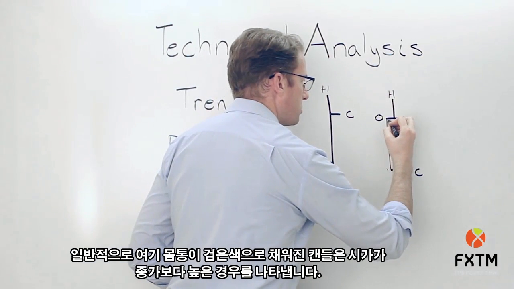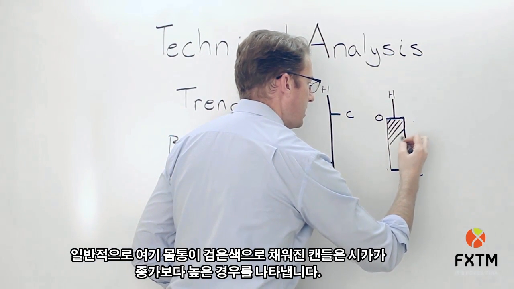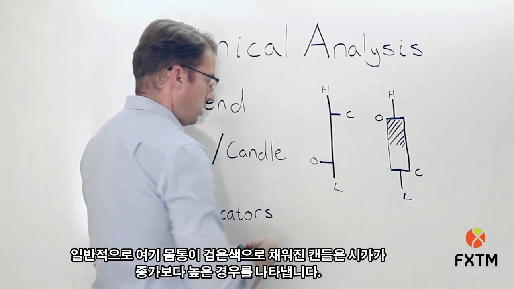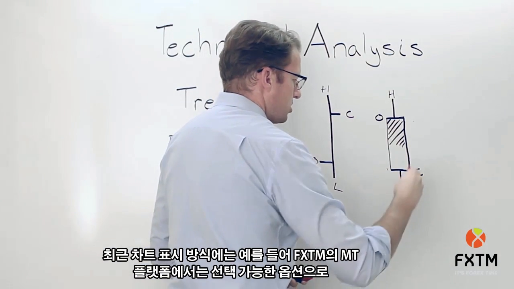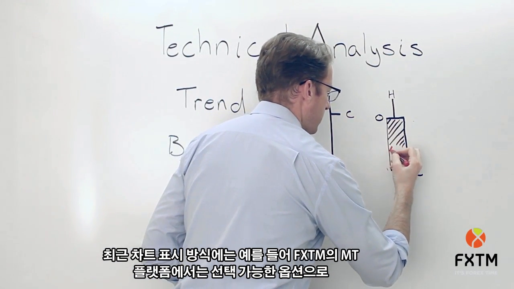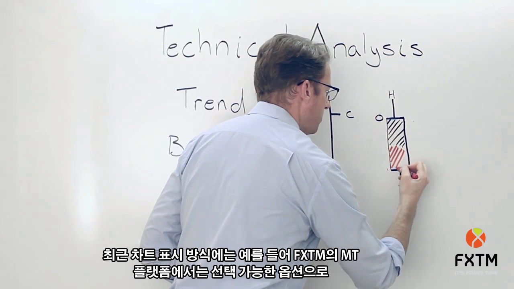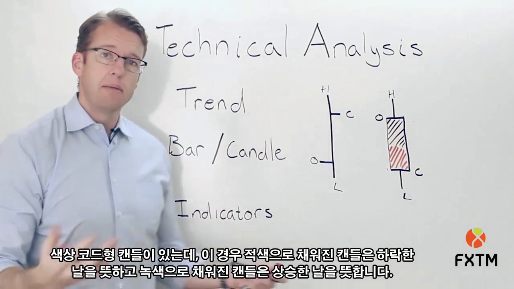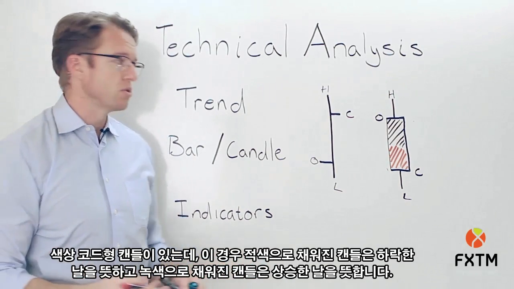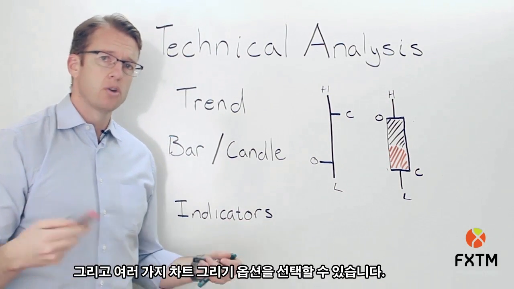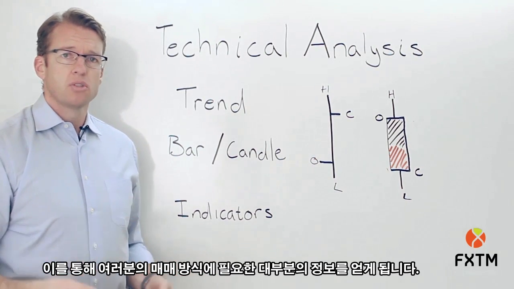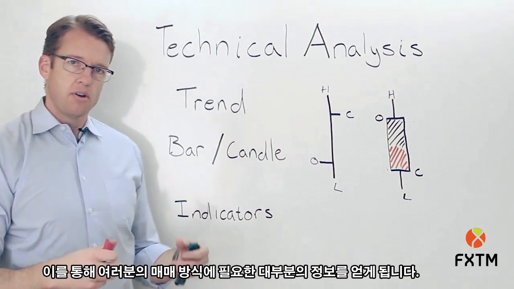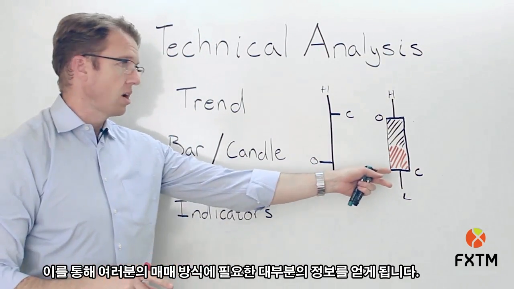Well, traditionally, candles, if they are filled in solid black here, that actually represents a situation where the open was in fact above the close. And these days, with charting options that you have available, for example, from FXTM's MT4 platform, you've got a color-coded candle where if it's filled in red, then that means it was a negative day. If it was filled in green, that means it was a positive day. And you can make a lot of decisions as to how your chart is plotted so that you get the most information that really accommodates the way that you're trading. But this is traditionally how we would chart either a bar chart or a candlestick chart,